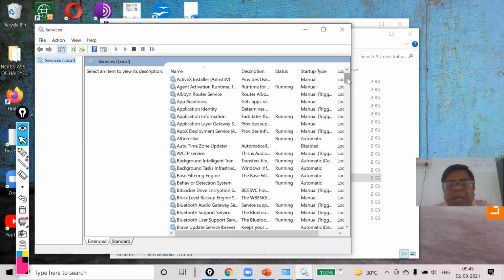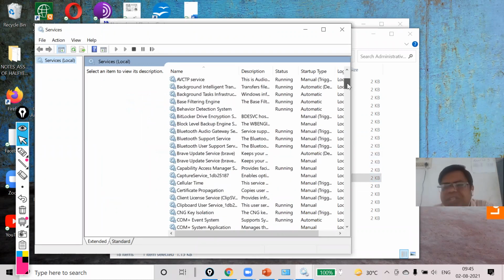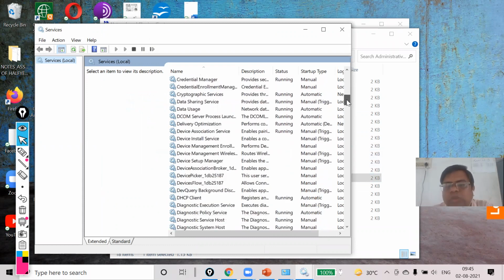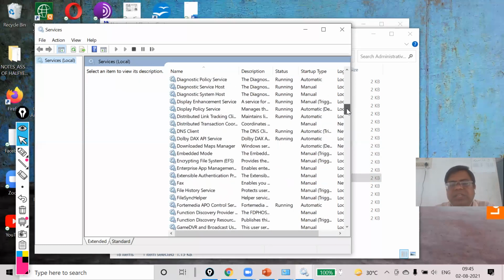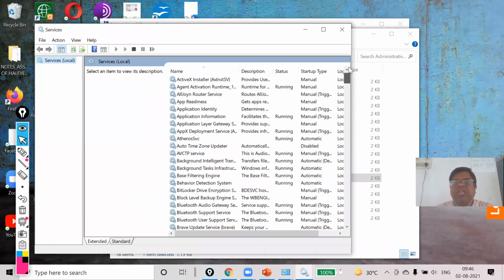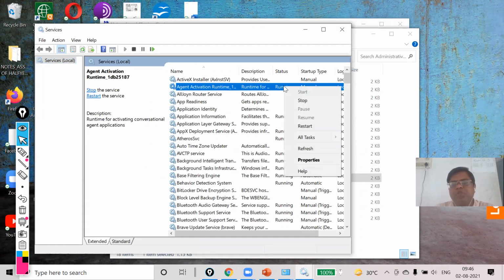Now see here, many applications are showing running status. So whichever one you think is unnecessary, that is taking space in our processor, in our memory, you can choose it. Suppose I think this one, the second one. Click the right mouse button and you stop.